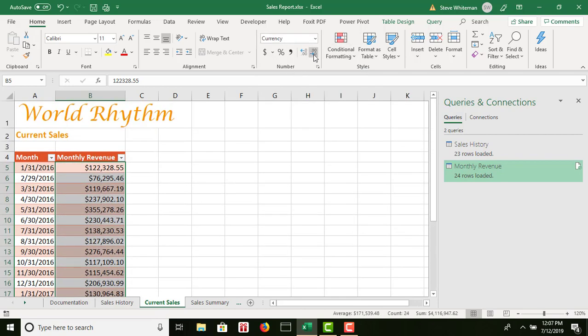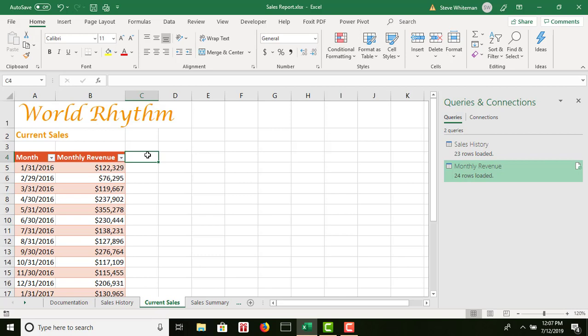And again, no decimal places. Okay, we are done with step number 6. Step number 7, create a forecast sheet, which is kind of like a chart, of the month and monthly revenue